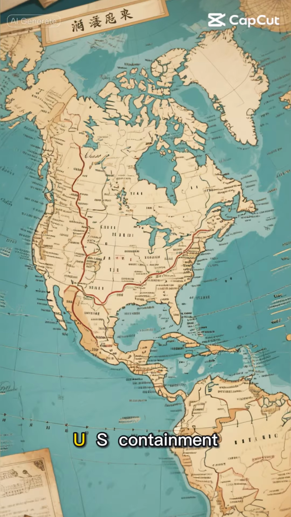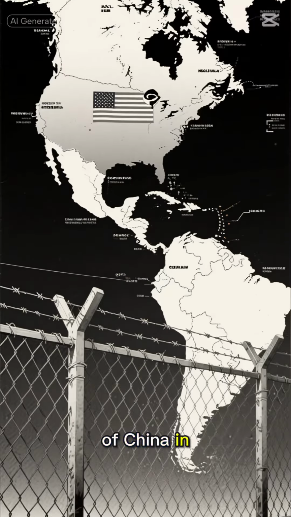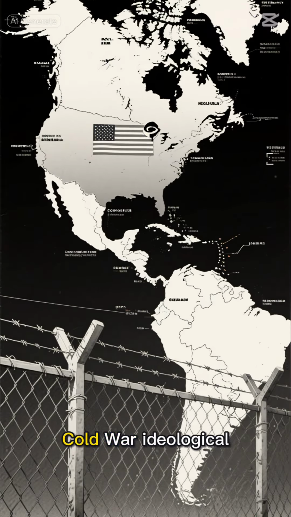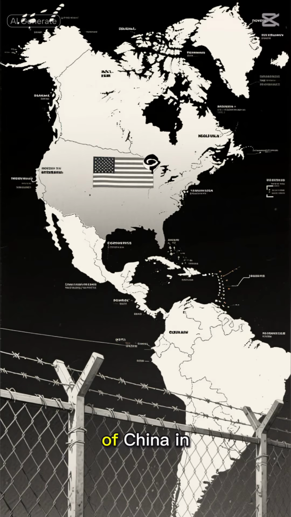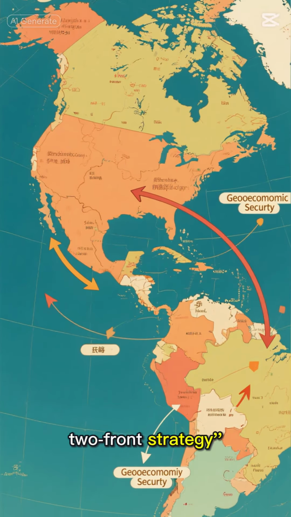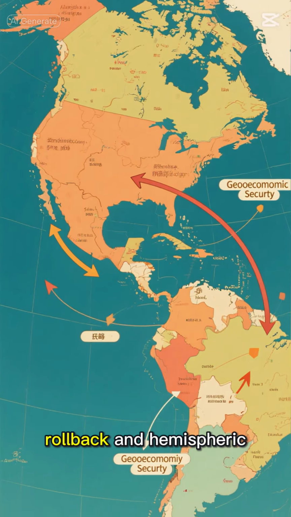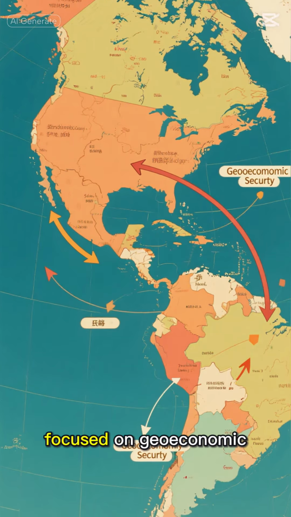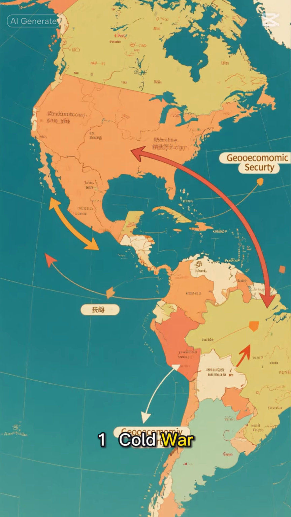The history of U.S. containment of China in the Western Hemisphere has evolved from Cold War ideological opposition to a modern two-front strategy focused on geo-economic rollback and hemispheric security. 1. Cold War Era,